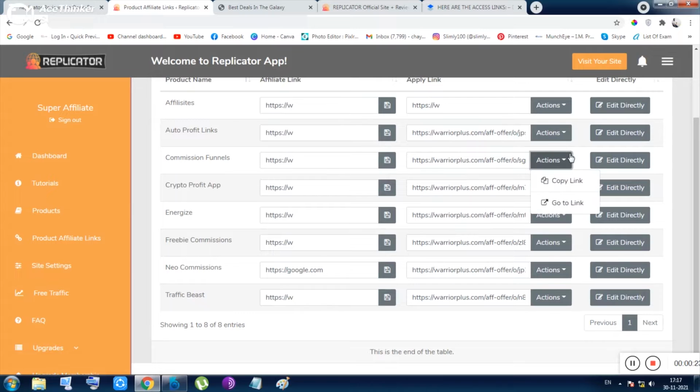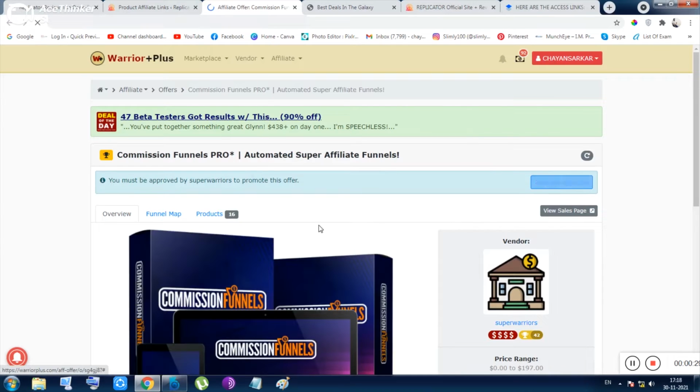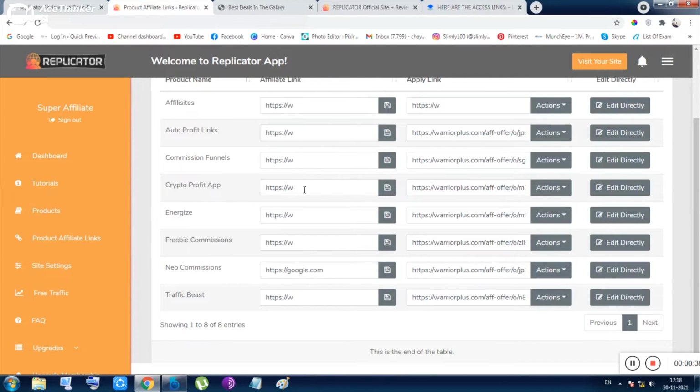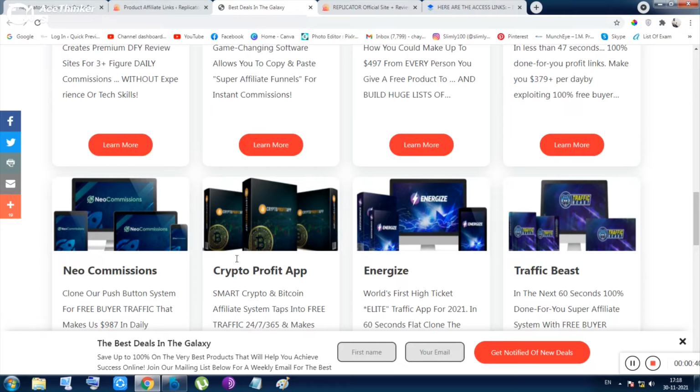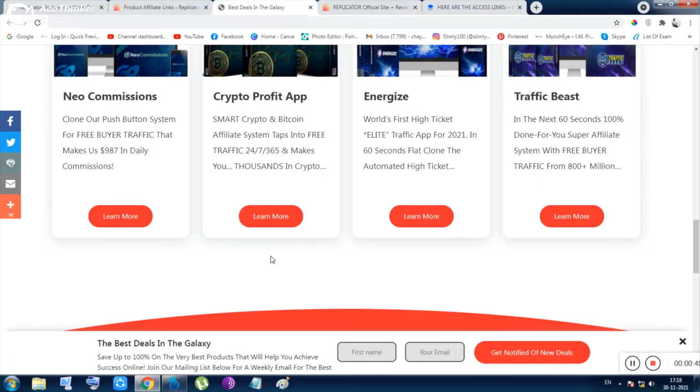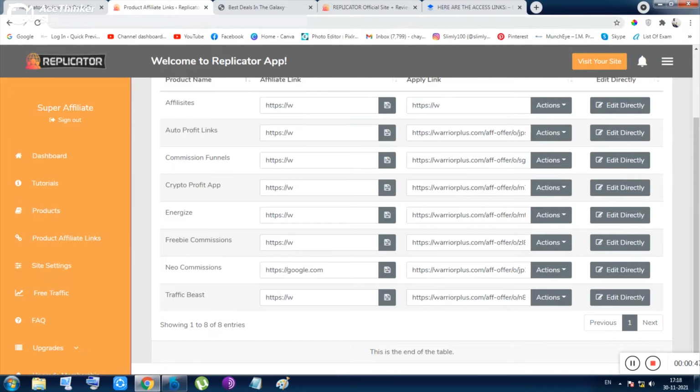And you can go to the product page directly. Just click on go to link, and you have to take permission for that exact product. I have not been permitted for this tool, so I have to send the request. Once I am permitted, I can paste my link here, and then I will be watching my software here with my link, and that is how I can make money very easily online with this done for me stuff.